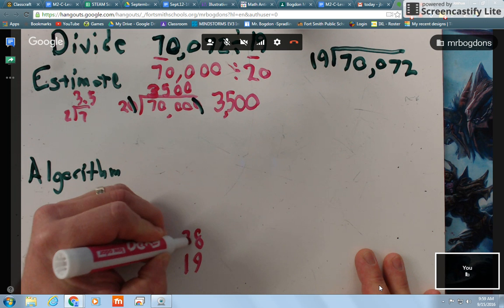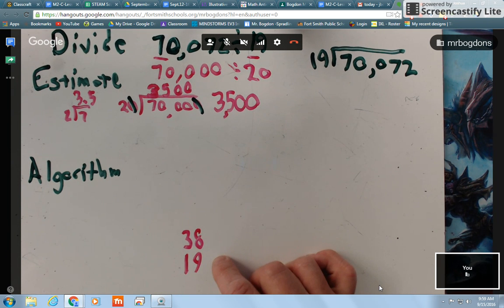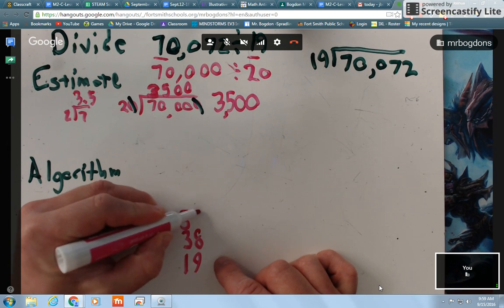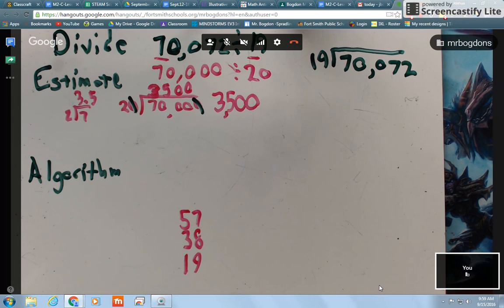38. If I add another group of 19, what will it be? 57. Now at this point, I want you to stop and look. We're adding the same number over and over again. Let's see if we can see a pattern. Every time I add 19,